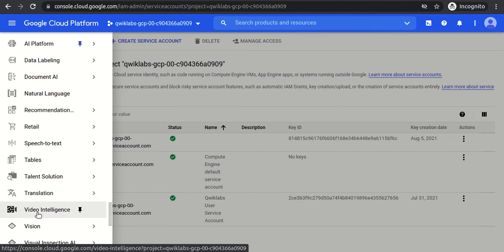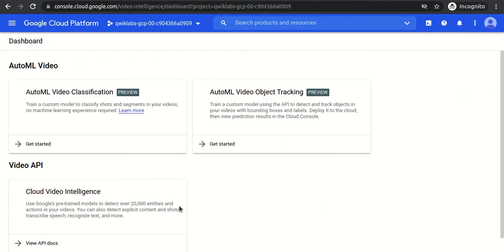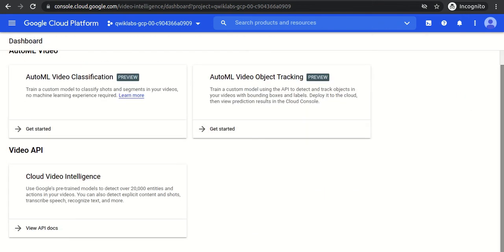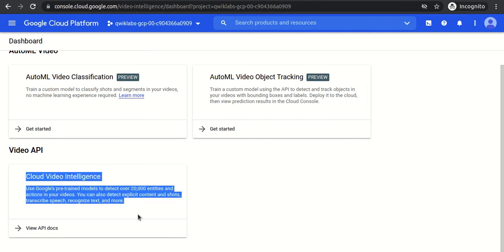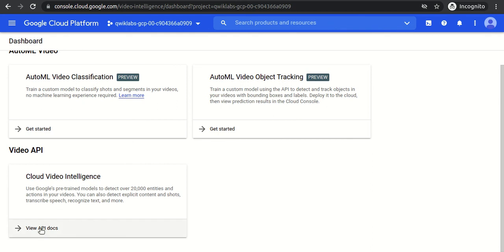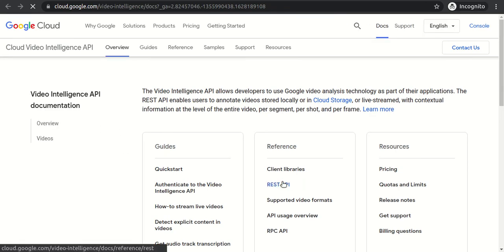Now if I click on video intelligence, do we have the facility here or not? For cloud video intelligence, we don't have any kind of facility here. So we can only call it using the REST API, client libraries, and the command line.